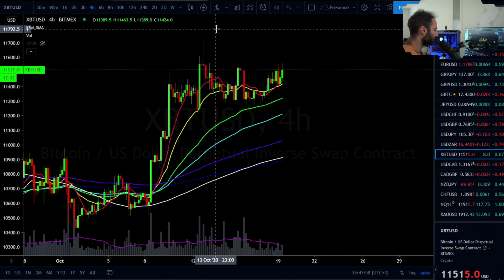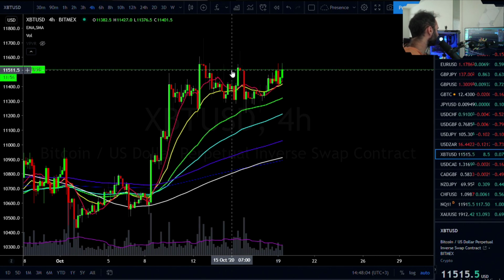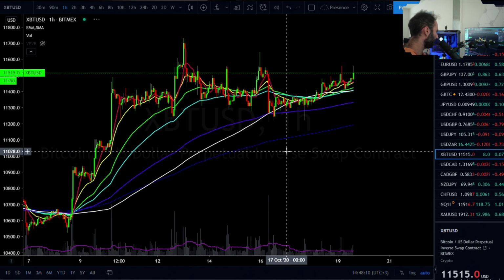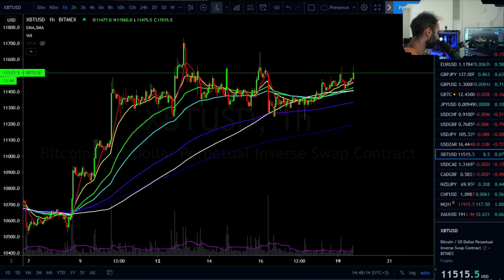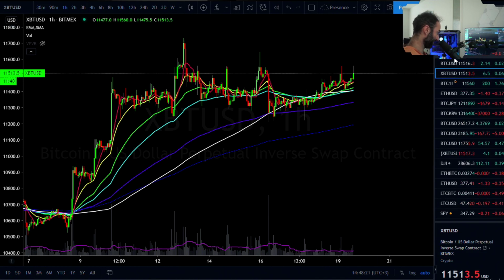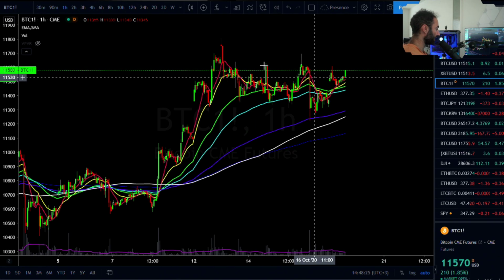This one, in lieu of everything else that we've looked at, do I think that it goes up as well? Probably yes. If I had to call it right now, I do think that this one likely breaks to the upside, but still I want to see those relevant levels broken first. Proof, not promises, is the name of the game, and while it does look good, while it does look like it wants to give a go, at the end of the day, how many times have you seen a fake out at a critical level in your life? Probably a million times, as have I, and so that's why I do remain a little bit cautious on this one. But yeah, it does look like it wants to give a legitimate try to the upside,